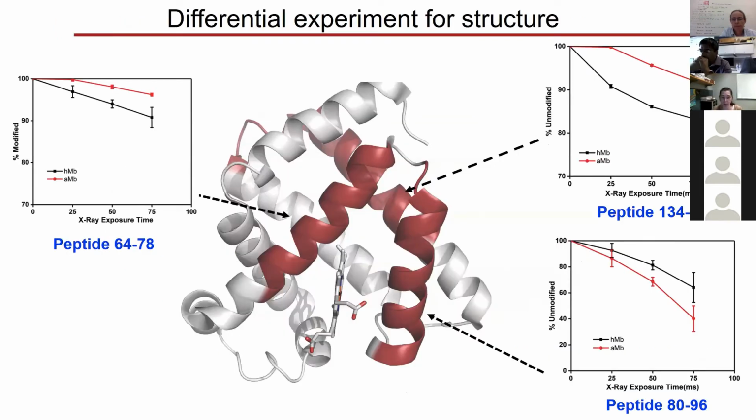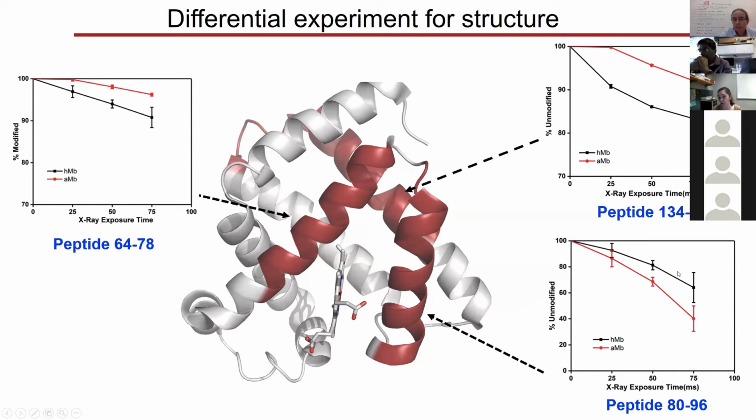The second question we tried to answer here is, do we have a correlation of CF3 labeling with the structure? Because this is very important. We all know that hydroxy radical labeling correlates very well with solvent accessibility. The question here is, does CF3 chemistry correlate with solvent accessibility? First of all, all the residues we identified as labeled were found to be solvent accessible from the crystal structure. Second, as you can see here, the very important region which shows binding interaction with the heme,